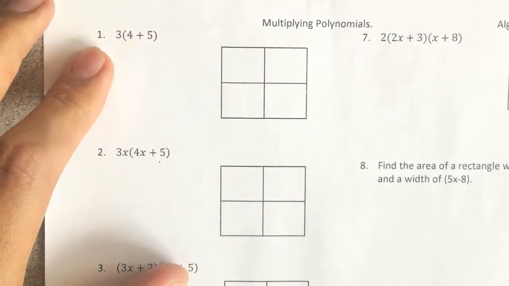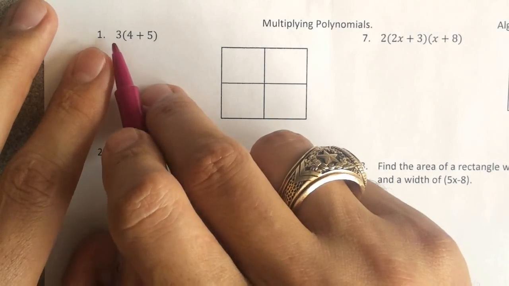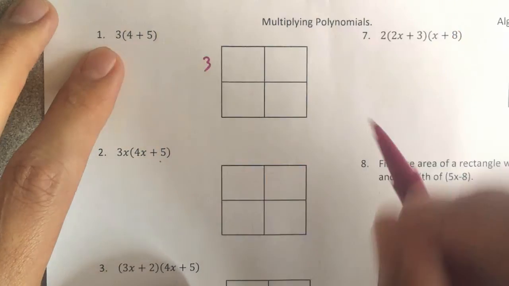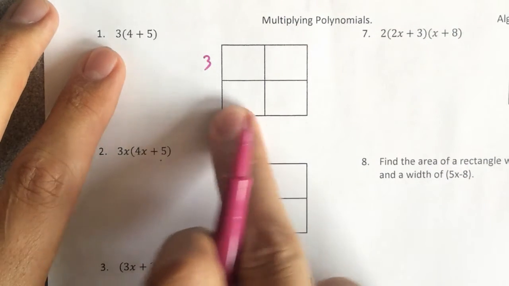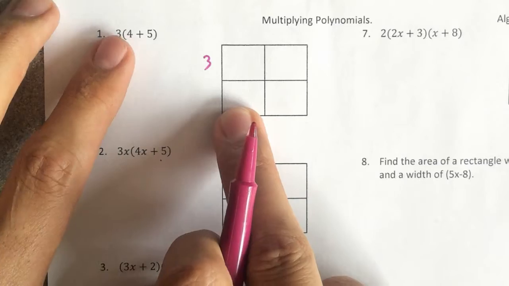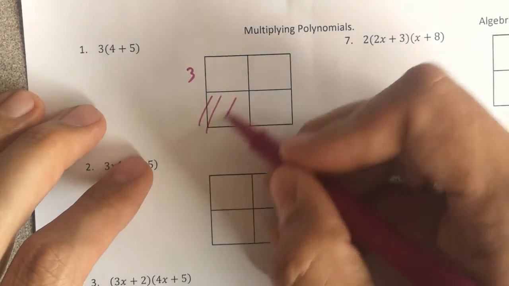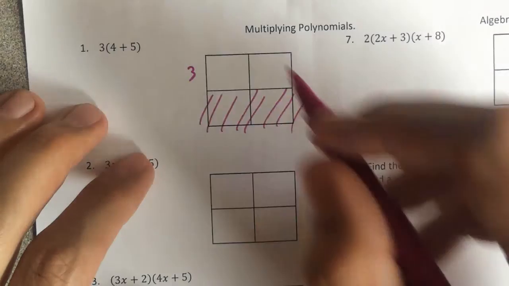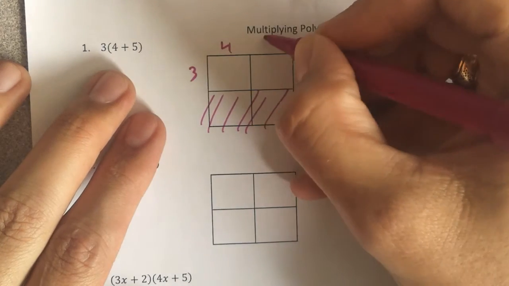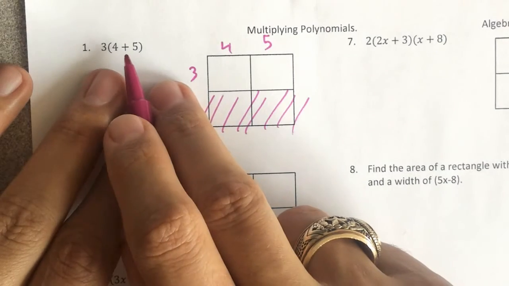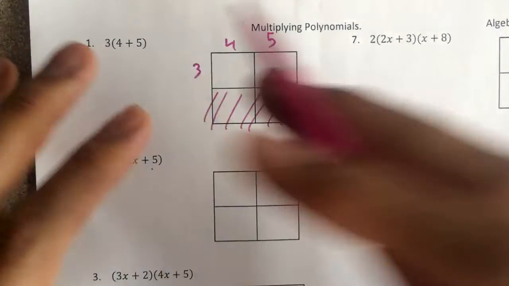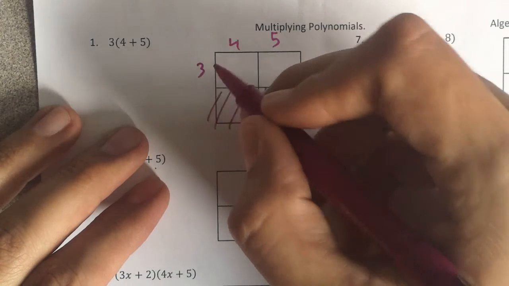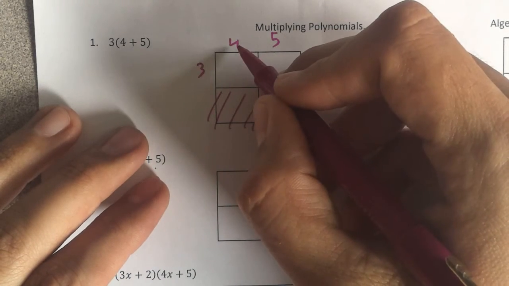For standardization, whatever factors first, we're going to put that on the left side. So the only thing we have over here is a 3. There is nothing to go on the bottom of this box because that's only a monomial. So I really don't need that for this one. Then I have a 4 here and a 5 here. And yes, I know I could just put 9 there and multiply those, but we're going to learn how some of this works. So 3 times 4 is